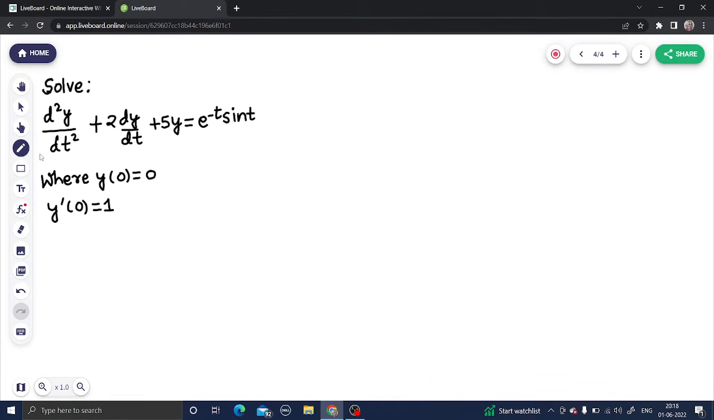Let's see a question from differential equation. We need to solve this differential equation using Laplace transform. So let's start. What we do in this type of question, the first step is to take Laplace transform on both sides. So in the initial equation which is given, if we take Laplace transform on both sides,